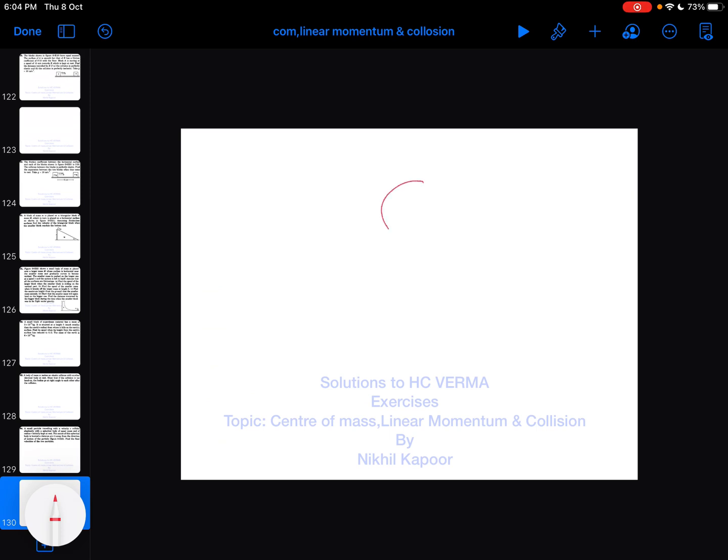That is, the spherical body will move along the line of impact with the speed of v cos theta, while the smaller body will have zero velocity in this direction, and it will have velocity v sin theta remain as it is in this direction because there is no action reaction force of collision here.